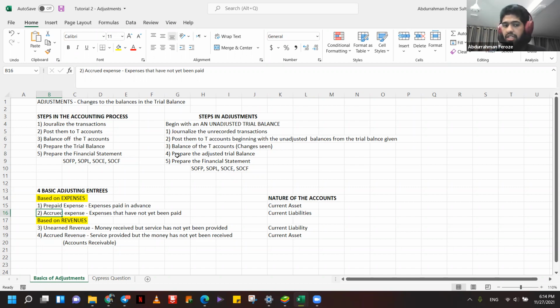So from the airline's perspective, this is a current liability because they have received the money, but they have not provided the service yet. So until they provide the service, it is treated as a current liability, this unearned revenue. And lastly, we have accrued revenue, which is service provided, but the money has not yet